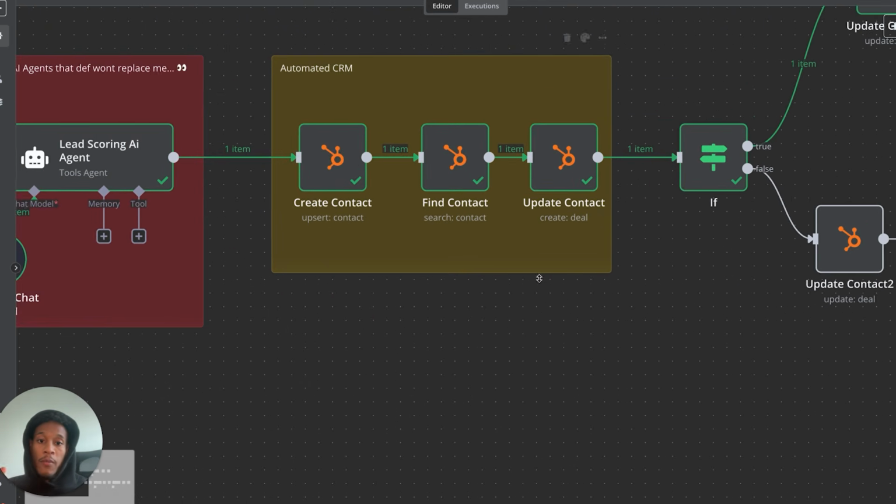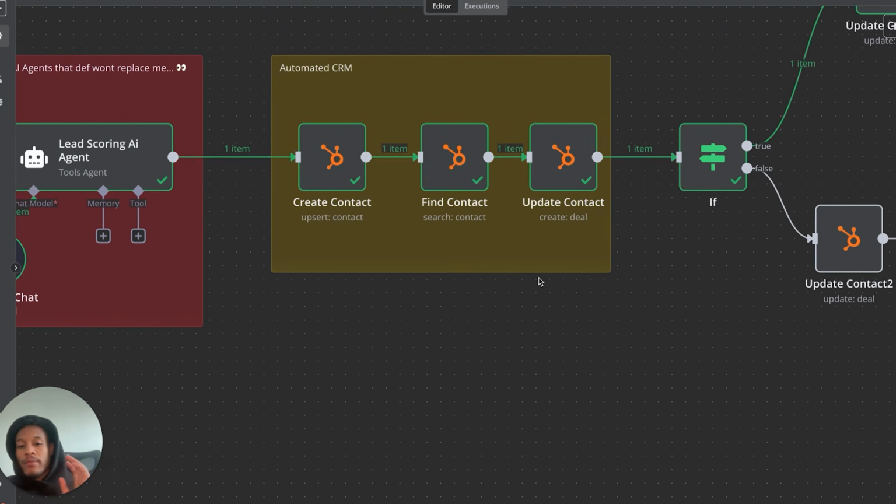Now look, I'm going to give you guys alternatives, right? It doesn't matter what the CRM is. HubSpot is what I'm using here. Go High Level, you can use. That one works completely fine. If you even want to use a Google Sheet to do it, you can. It doesn't matter. The reason why I have it set up like this is because we create a contact,